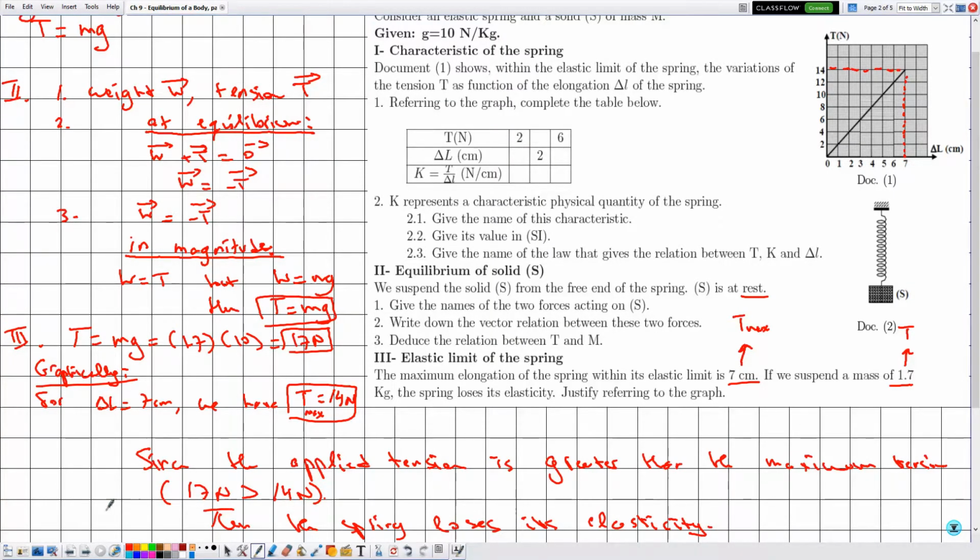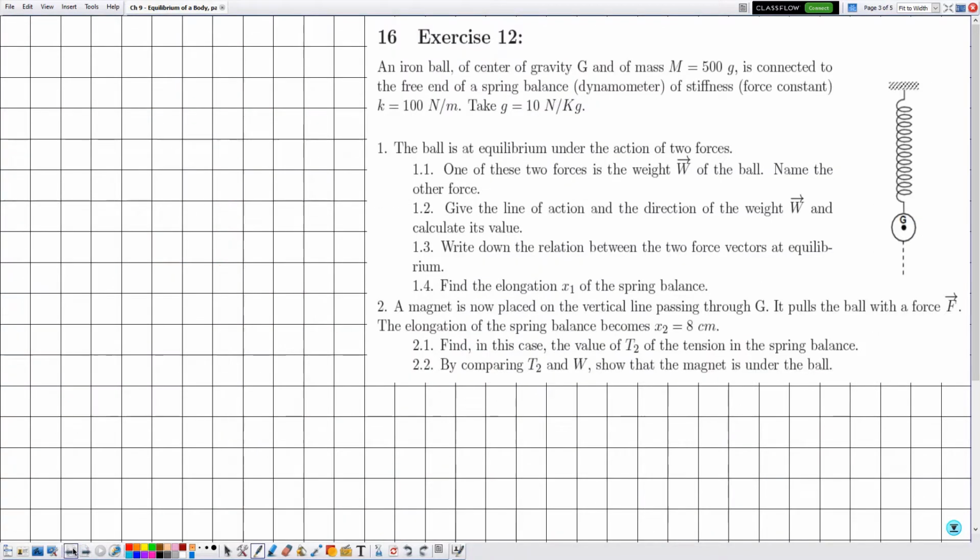And now let's move to the next exercise, which is exercise number 12. In this exercise, they are telling us an iron ball of center of gravity G and of mass M is equal to 500 grams. Then the mass 500 grams, in order to convert it to the SI, we divide by 1000. It is connected to the free end of a spring balance dynamometer of stiffness, force constant K equal to 100 newtons per meter,